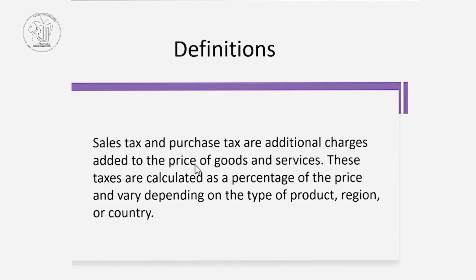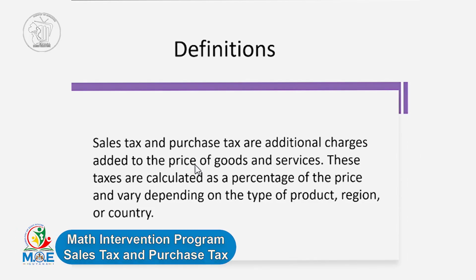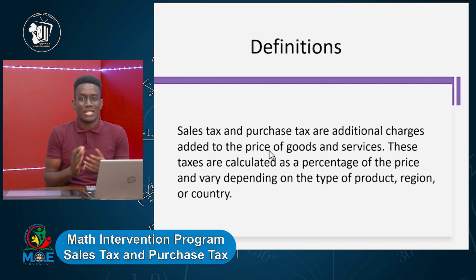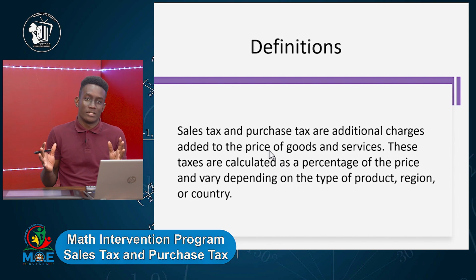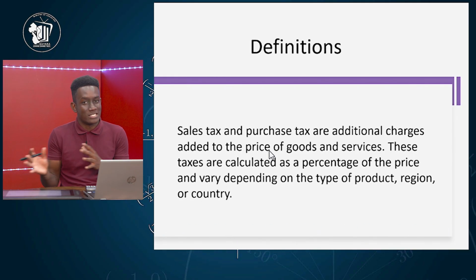So tax. Sales tax and purchase tax are additional charges added to the price of goods and services. These taxes are calculated as a percentage of the price and may vary depending on the type of product and the region or country. So we know in Guyana we have VAT, which is value added tax, and that is 16% on certain goods and services. You have to pay a VAT of 16%. So in different countries, you will have different